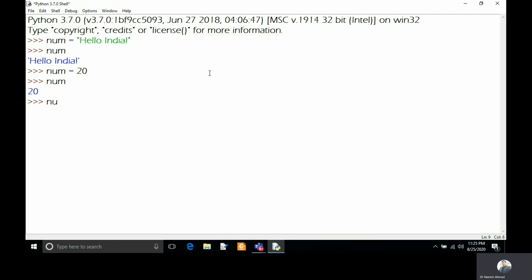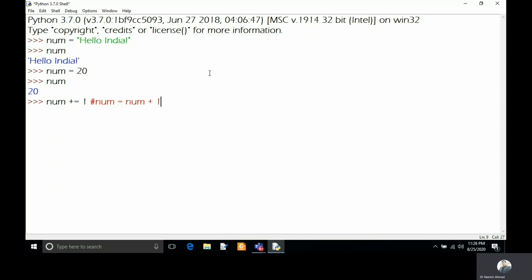So here I am writing one statement, num plus assignment operator, and then I am keeping 1. It will update the value of the variable by 1. So what is the meaning of this statement? I am keeping here in a comment, num is equal to num + 1.